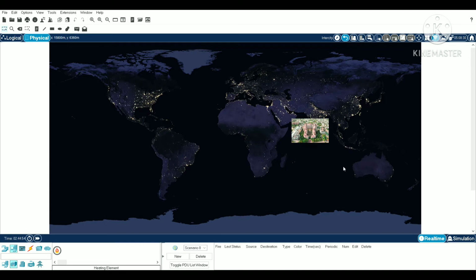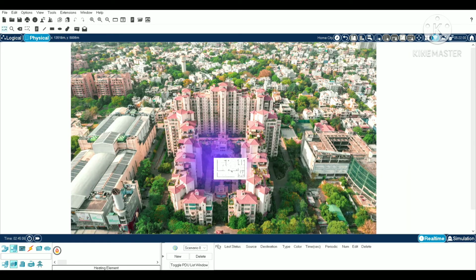So now let us begin with the Smart Home IT project, which is done with the help of the Cisco Packet Tracer tool. In this there are two types of views, the logical view and the physical view, and right now we are operating in the physical view. The parameter chosen for this view is the real-time parameter because the time is continuously running in it. This view is the aerial view of the city, and if we zoom in, we can see the actual building or the main city.